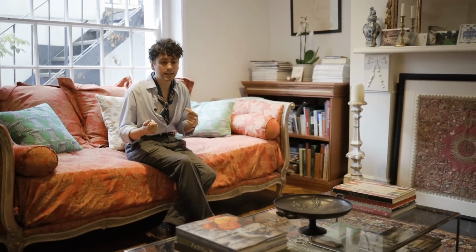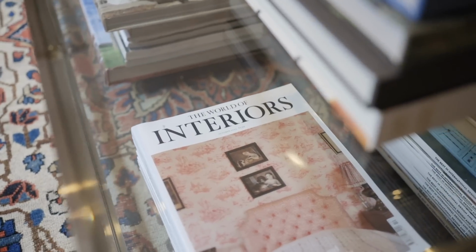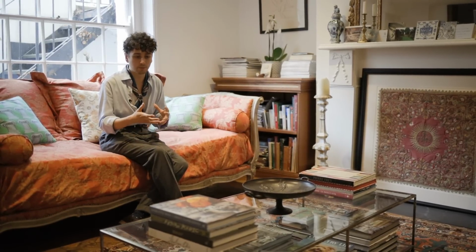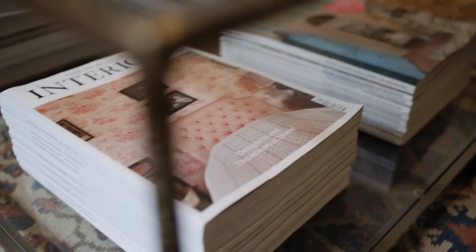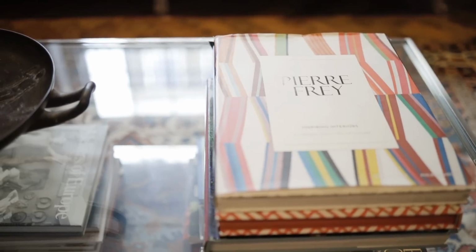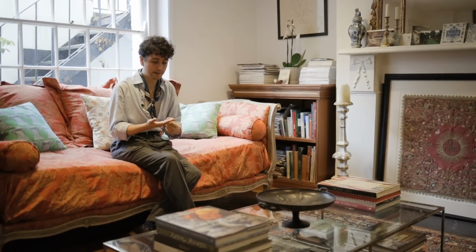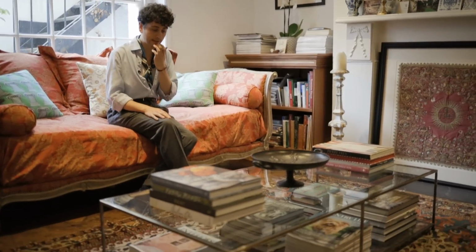Even if there are a lot of antiques in the room, I still wanted a few more modern pieces, especially the coffee table. Because the room has so much presence with the sofa, the cushions, the chairs and the tapestry, I wanted something lighter, and the fact that it's glass and brass, lovely polished brass,